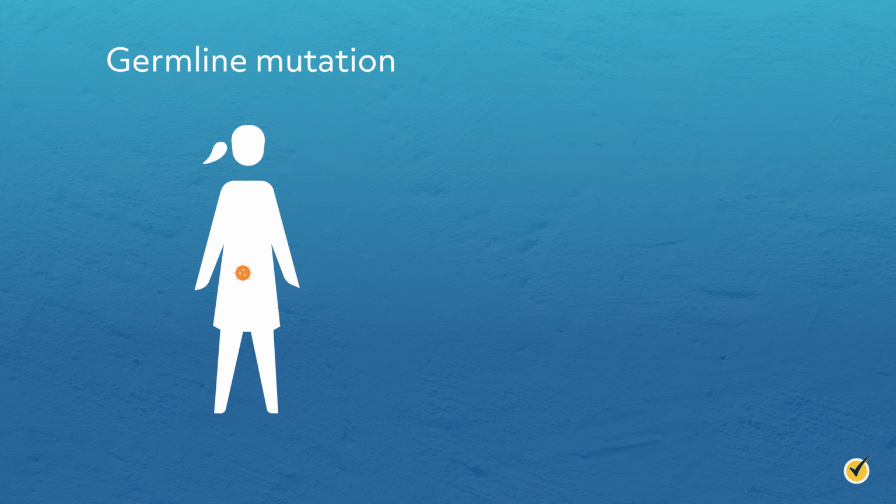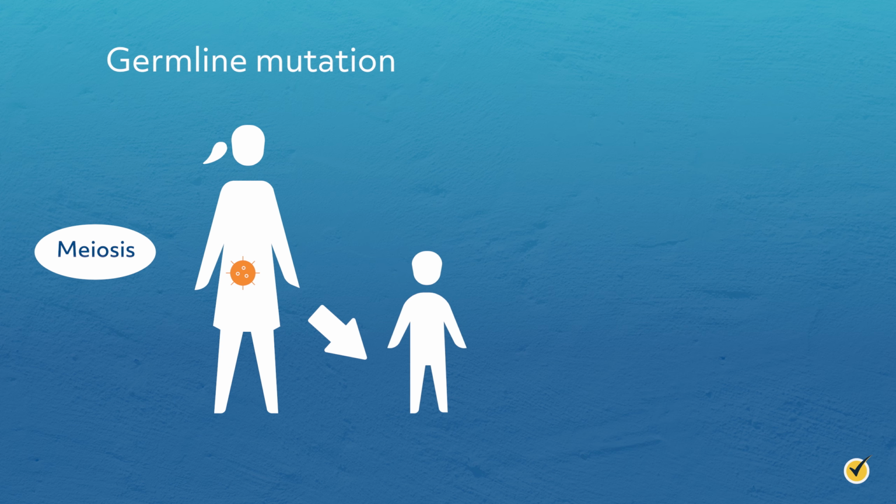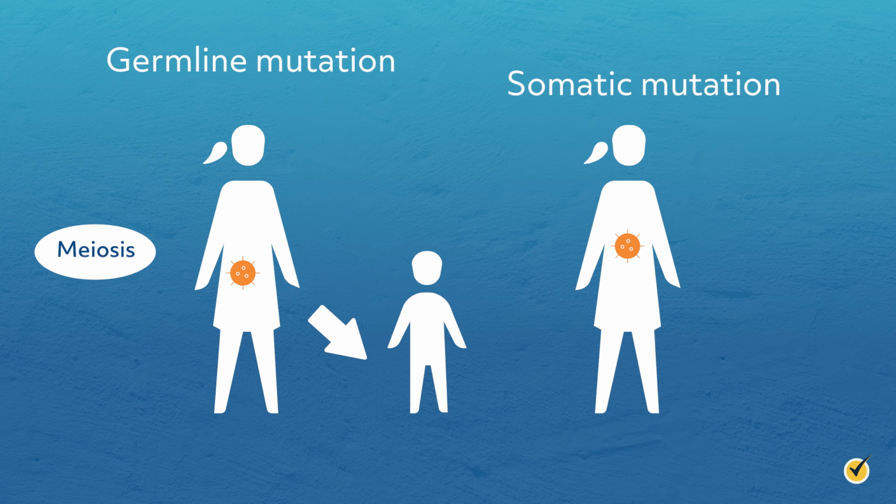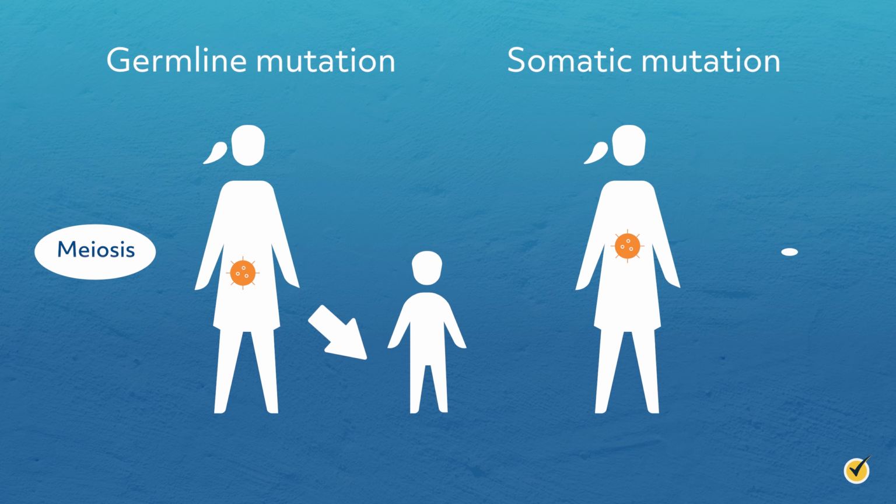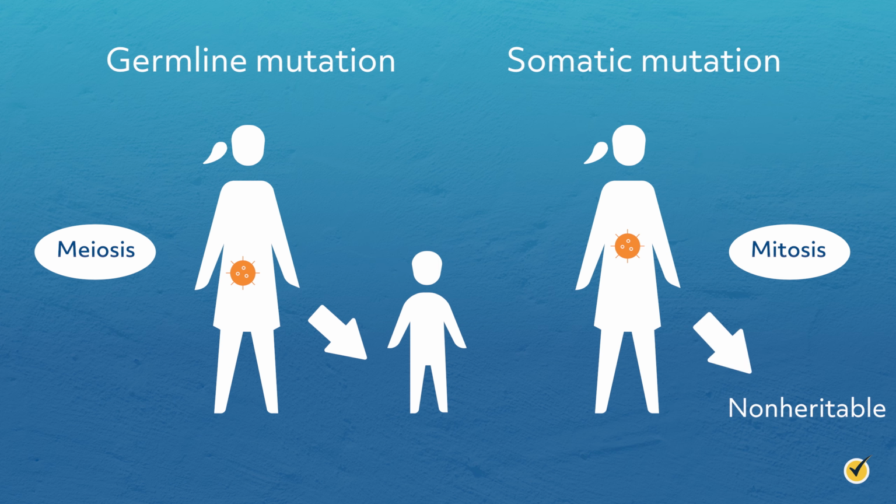Let's start by focusing on the types of mutations that can occur within our cells. First, we need to consider the nature of the mutation. A genetic mutation that occurs in sex cells is called a germline mutation. These mutations originate in meiosis and affect all cells of an individual, causing the mutation to be passed on to the next generation. If the mutation occurs in any other cell in the body, we call it a somatic mutation. These mutations originate in mitosis and only affect cells that descend from that single mutated cell. These mutations are usually not passed on or inherited and are more commonly caused by environmental factors.